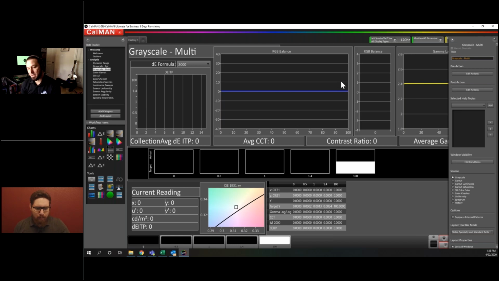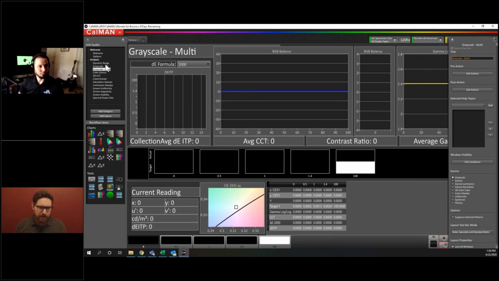So maybe I'm a very experienced calibrator and I've done lots and lots of displays and I don't necessarily need the hand holding, if you will, in the workflows. I can make my own workflow here in design mode. Maybe it's one or two pages, it has everything I need. Especially if you do a certain brand projector for HDR all the time, or I only use two steps in this workflow. One interesting thing is, like I said, you can take pages out of one workflow and bring it into another, or take pages out of several different workflows and import them into a brand new workflow. And the way this works is